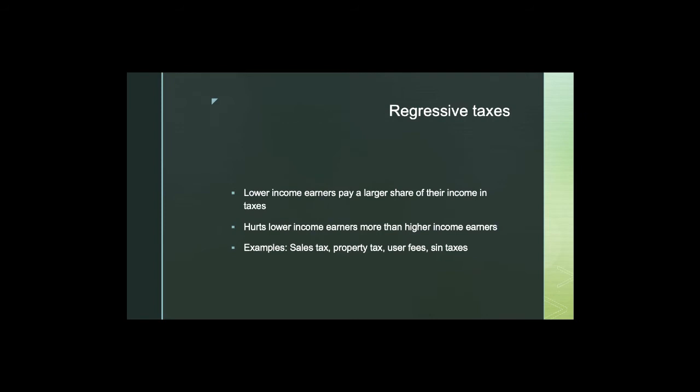Let's say that two different households decide to buy the same car. The same car that costs in both instances a sum total of $40,000. And let's say they buy it in the same county, and therefore they're paying exactly the same percentage and therefore exactly the same amount of sales tax. So let's say that it's a 6% tax rate on $40,000, right? So you're paying $2,400 in taxes. Same car, same sales price, same county, $2,400 in taxes. Well, you can see where we're going with this, right?